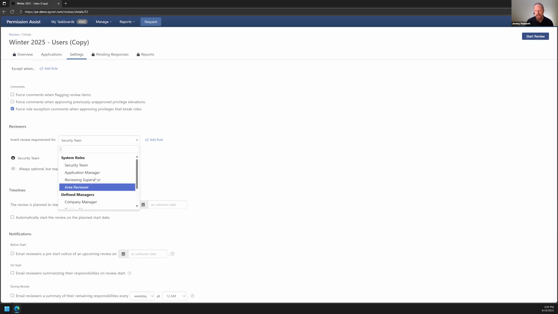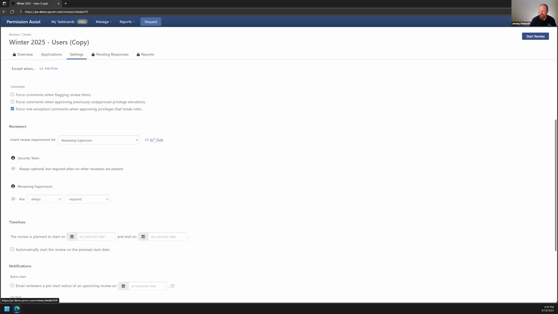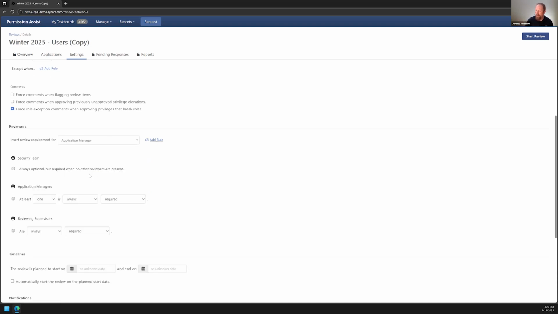I can come down here and add different actors or roles into the review process with our workflow editing features. So I could say, I want to bring in the supervisors. I want to bring in an application manager, for example. Now you can do some more advanced things. So maybe you want to say, I only want to involve application managers if a privilege is over a certain